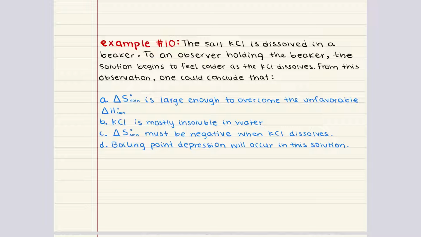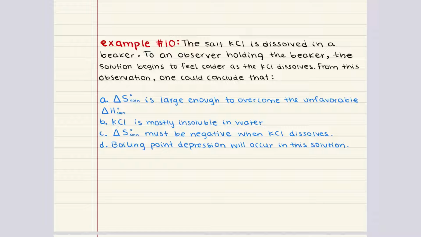Problem 10 says the salt potassium chloride is dissolved in a beaker. To an observer holding the beaker, the solution begins to feel colder as the potassium chloride dissolves. From this observation, one can conclude that blank. A says that the delta S is large enough to overcome the unfavorable delta H. B says potassium chloride is mostly insoluble in water. C says delta S must be negative when potassium chloride dissolves, and D says boiling point depression will occur in